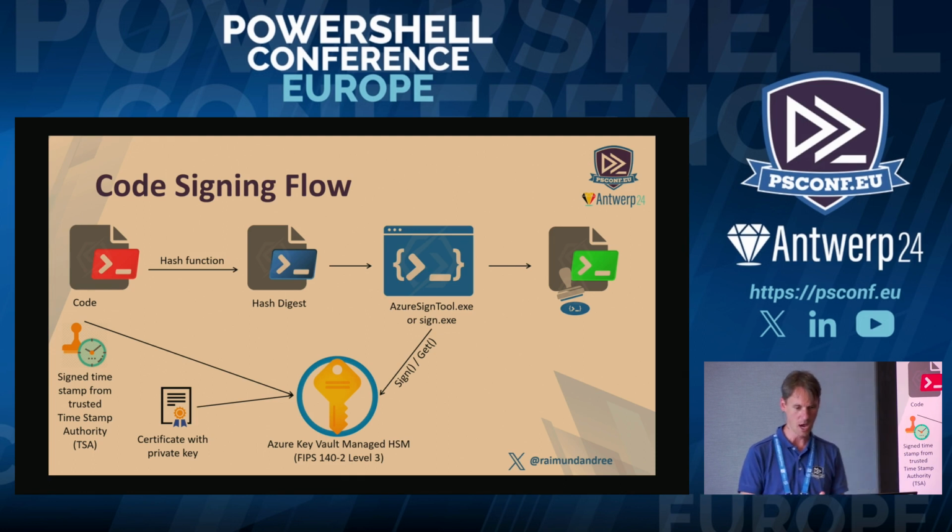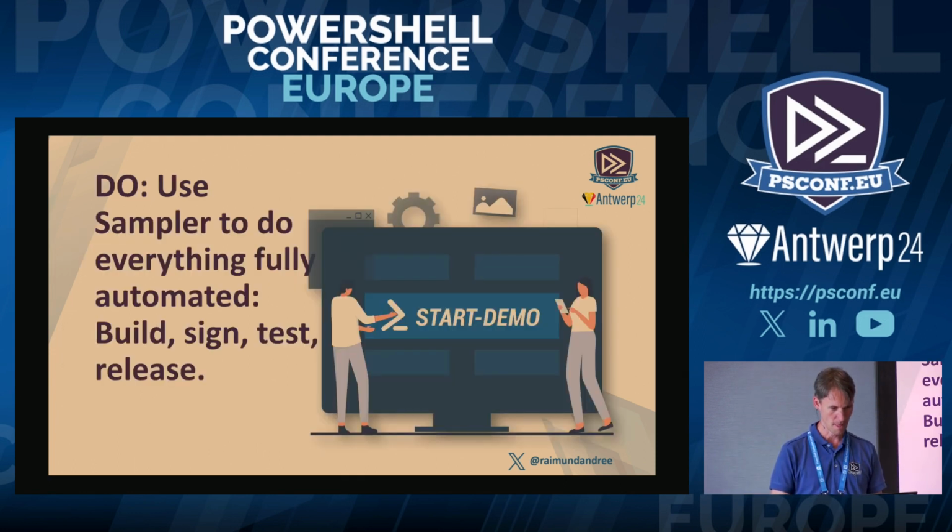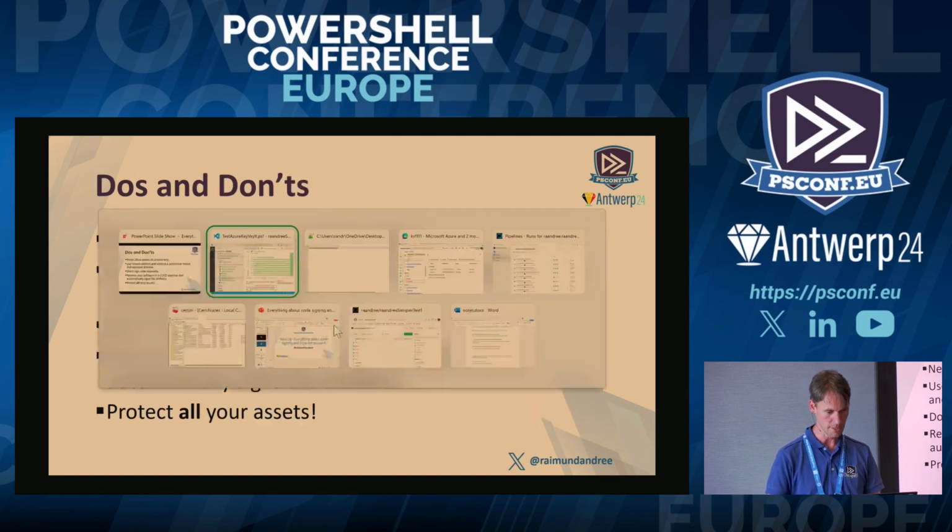And the next question is, how can we make it at scale? And maybe some of you have heard about the Sampler project. It's from Gael Colas, a module scaffolding solution. And then everything happens fully automatically. So we do the build, the sign, afterwards the test procedure, and then also the release. So in an ideal world, the only thing you have to do is,